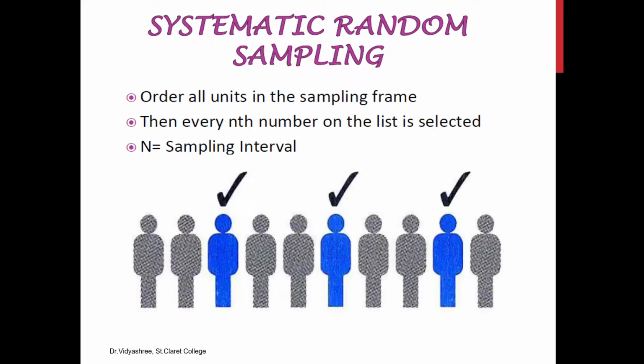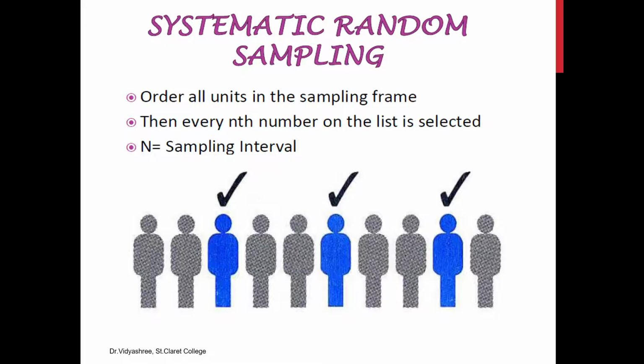Let's move on to the next one, that is systematic random sampling. In systematic random sampling, here also the researcher randomly picks a few people, but he applies some systematic order while he chooses the sample for his study. In our example there are 50 students. If we ask them to stand in a row and call out 1, 2, 3, 4, 5, and if I ask every fifth student to come, or every 10th student to be selected as a sample, then it is called systematic random sampling. You can observe this in the picture.